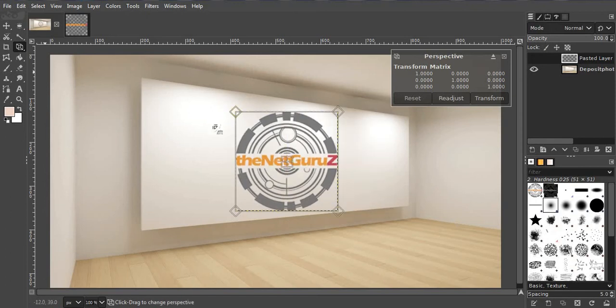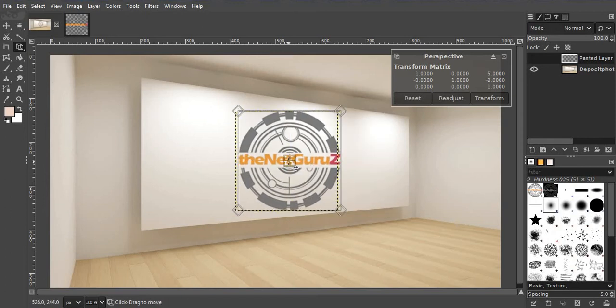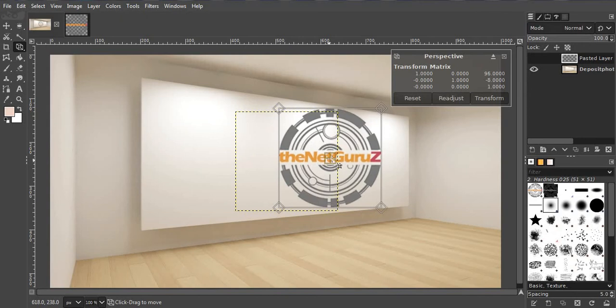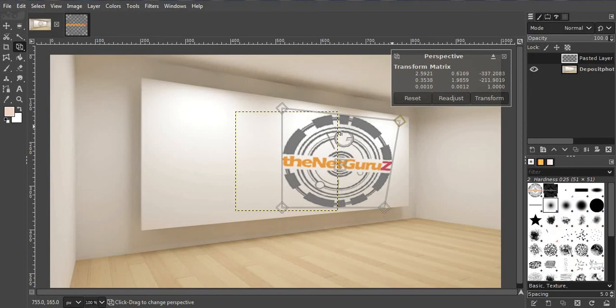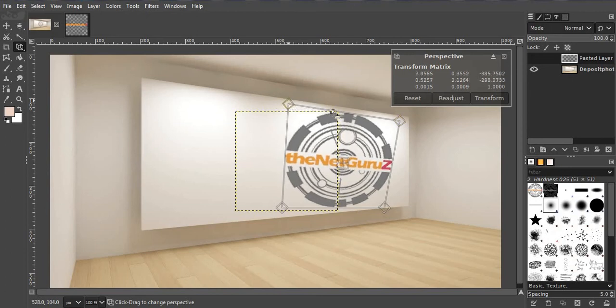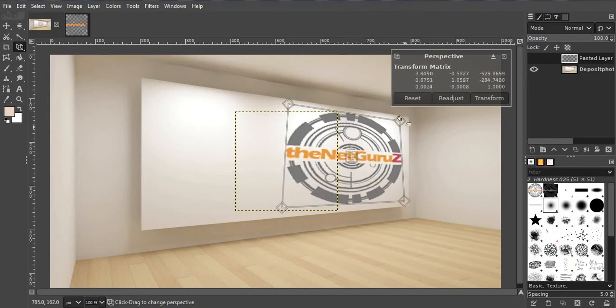So again, in this perspective tool, you can move the image using this middle square, and using these corners you can change the perspective. So what we have to do here is match these lines with the edges of the screen. So that will correct the perspective of the logo.